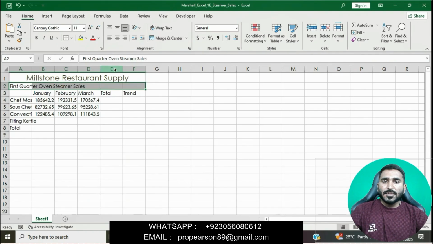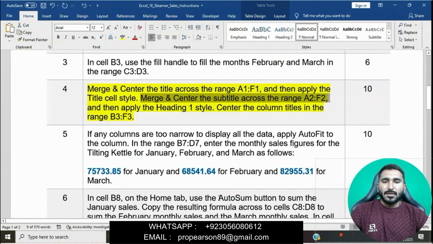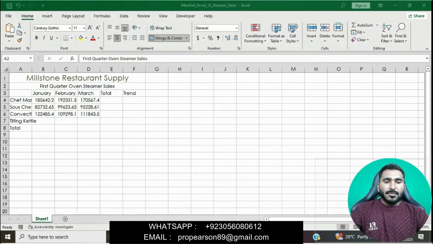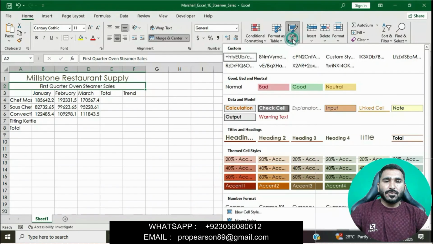This range will be selected. Go to the Alignment group and simply click Merge and Center. Then apply the Heading 1 cell style. In the Styles group, go to Cell Styles and apply the Heading 1 style.